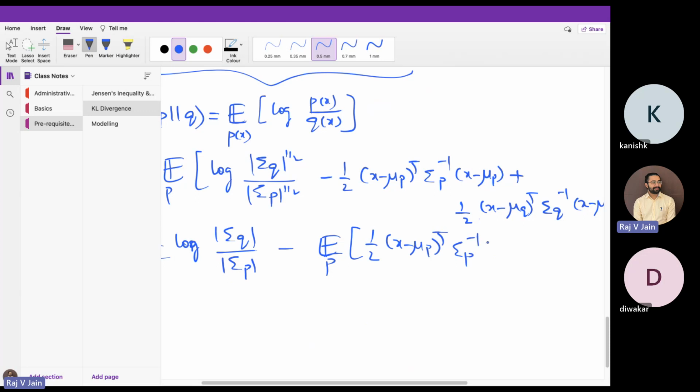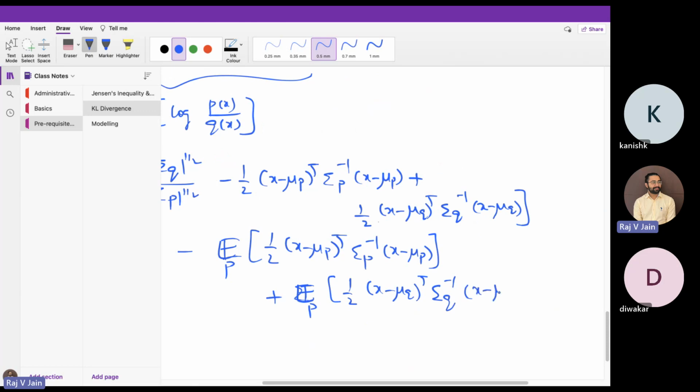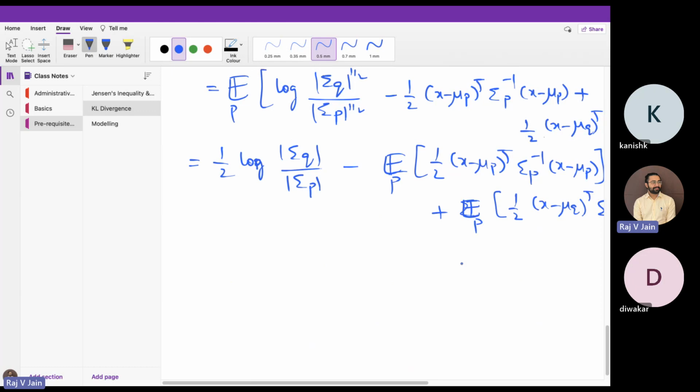transpose. Just stop me if anywhere it becomes unclear. Expectation over P, x minus Q. Okay, so let's go term by term. This term is anyway nothing more to think about here. This is term 1, this term 2. So term 1, if I had to expand,